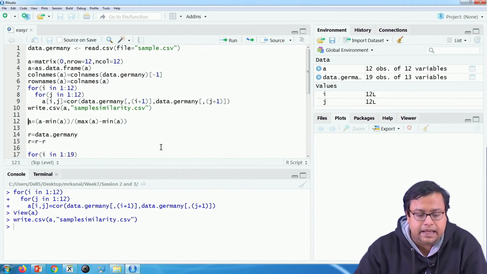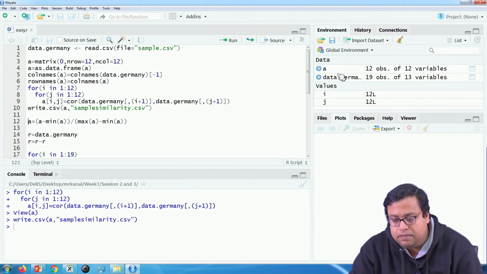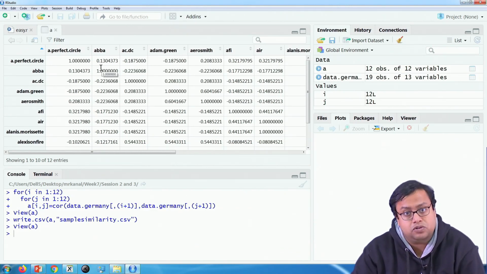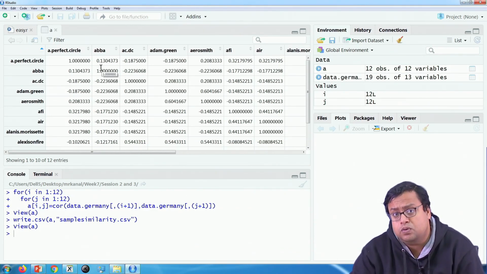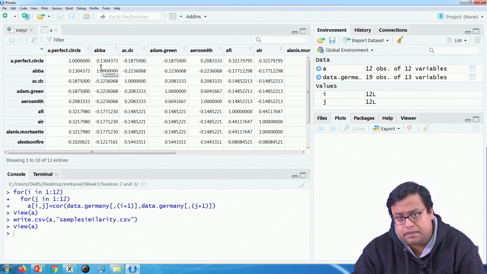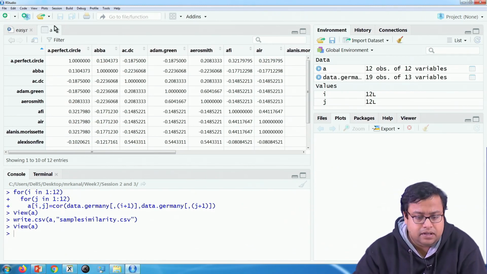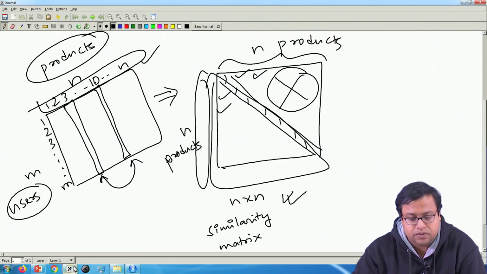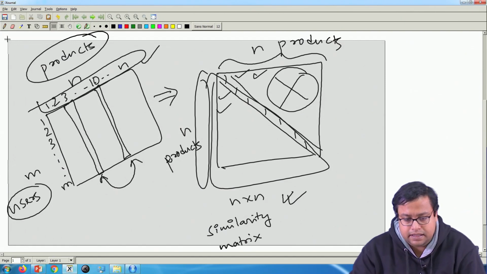Now, what will I do next? You remember that these correlations are between correlation values. Correlation values are between -1 to +1. I am trying to make sure that all of them are scaled properly, so they remain from 0 to 1. So, what am I writing? It is called normalization. We have done this before. The normalization is done in this way.